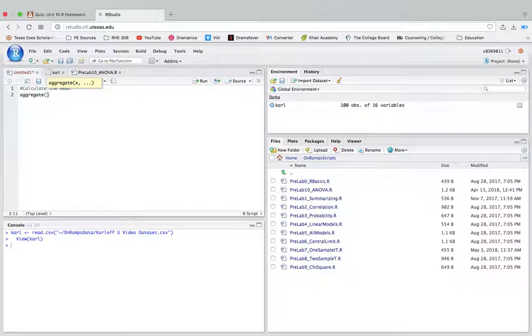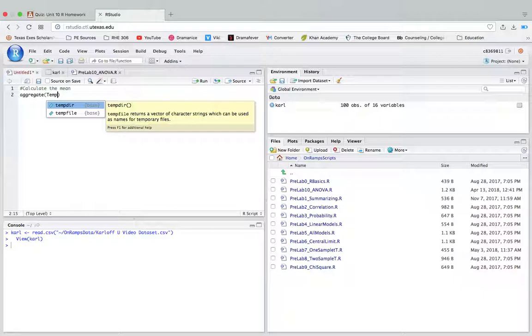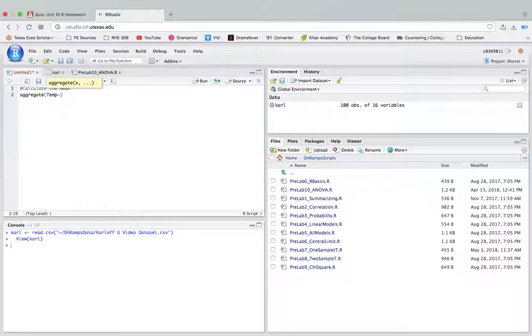So our numeric value, which is our temperature, and then the tilde symbol, this means we're saying it is taken as a function of our moon phases, the categorical variable,